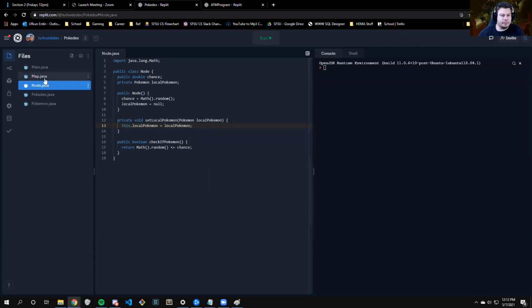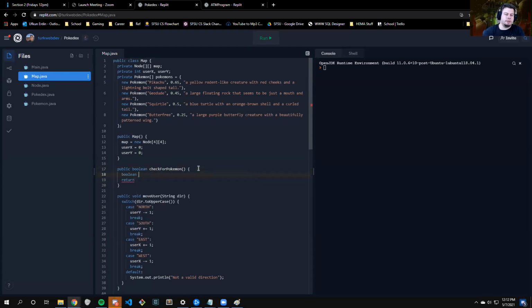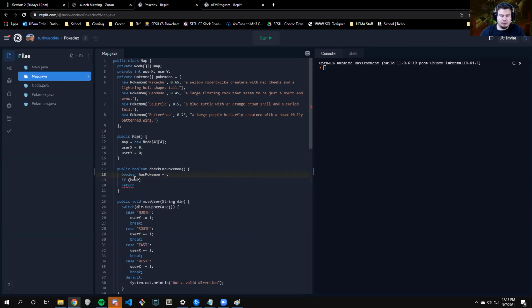Okay, I'll come back to the map. Boolean has Pokemon is equal to that. Actually, we could just do this. Basically every time we step, we're going to check if there's a Pokemon encounter. So if there's a Pokemon encounter here, then at that node,